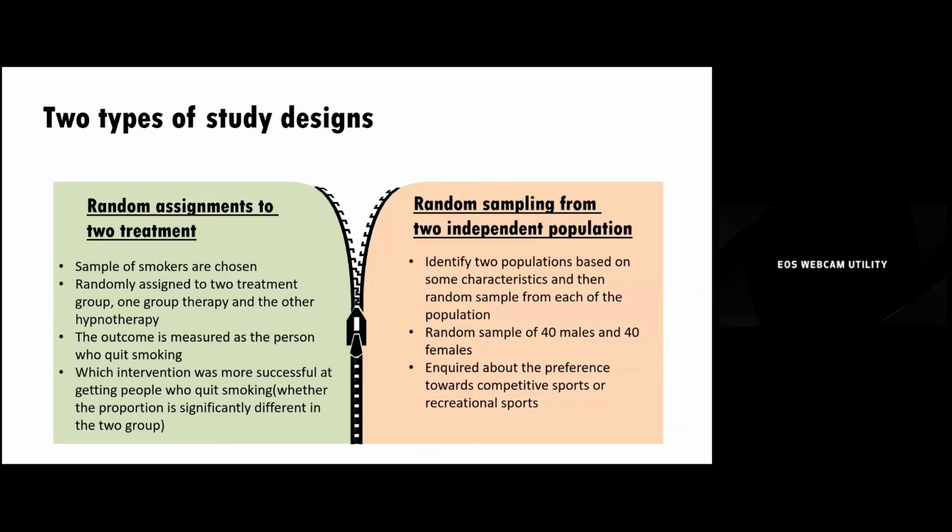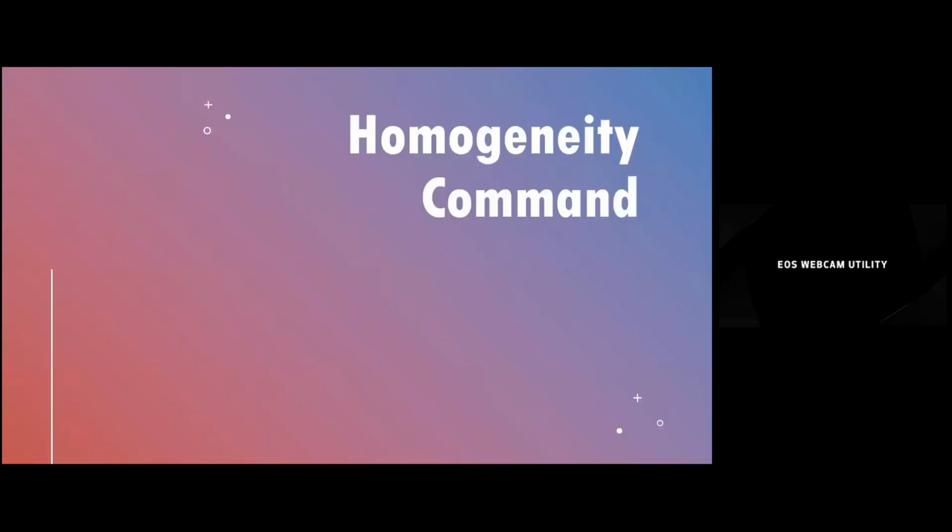Like in this case, it is the preference of a competitive sport. In the previous case, you have seen that was the presence of heart attack in male and female populations. So in both cases, we are testing proportion, but in the first case, we take 100 samples and we randomize, and in the second case, we are taking a fixed number of people from each of two populations. So there is a difference in study design. There are basically two types of study designs where we use this chi-square test of homogeneity, also known as the two proportion test, because in both cases there are two proportions and there is a binomial category.